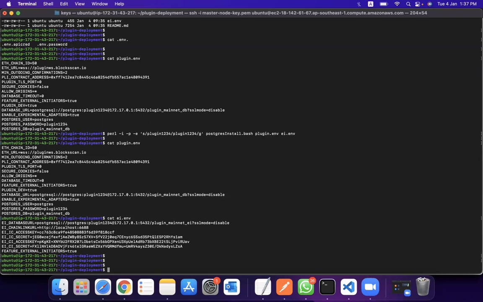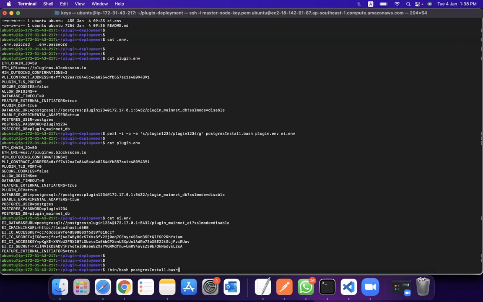So all those are to be done manually on the host system, and there are a lot of dependency issues. One good thing with Docker is that you're not going to face any of these issues here, because it's going to run inside a containerized environment. Only the database is going to be on the host system, and whatever you're going to run, be it the node or the external initiator, it's all going to run inside the container. So that reduces a lot of dependency.